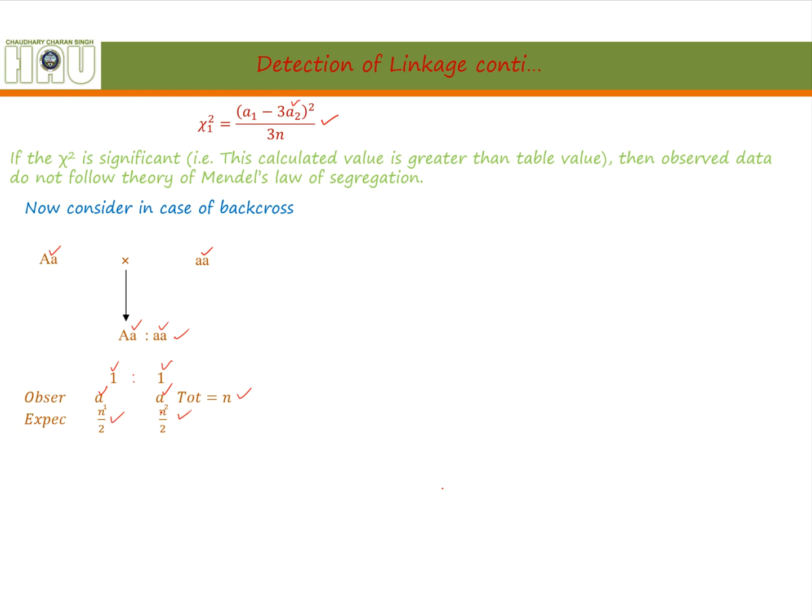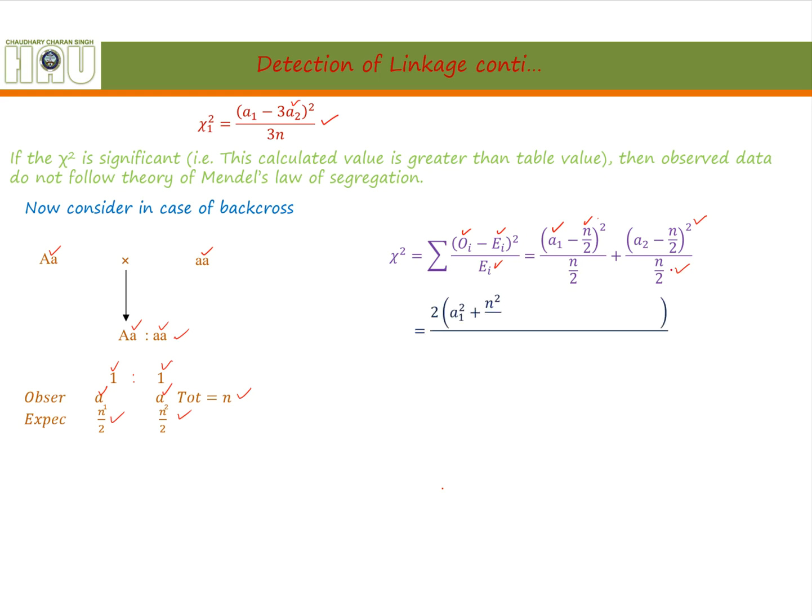Clear? Then how can you compute the chi-square? Chi-square as usual is computed by (Oi minus Ei) whole square divided by Ei. If I substitute the values of Oi and Ei in this formula, since I have the observed number A1 for the first class and the expected n by 2, (A1 minus n by 2) square divided by n by 2, plus (A2 minus n by 2) square divided by n by 2, and when I simplify this I will get,